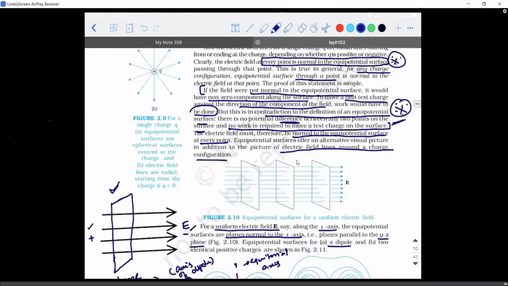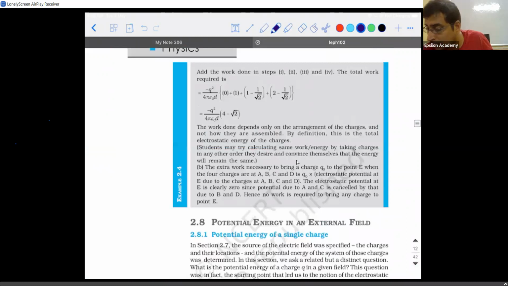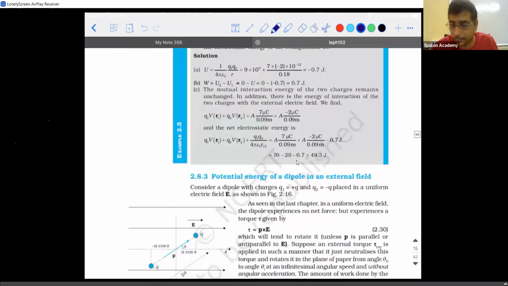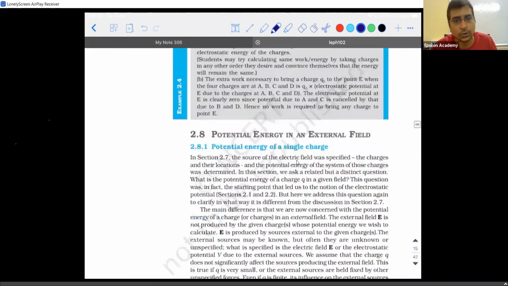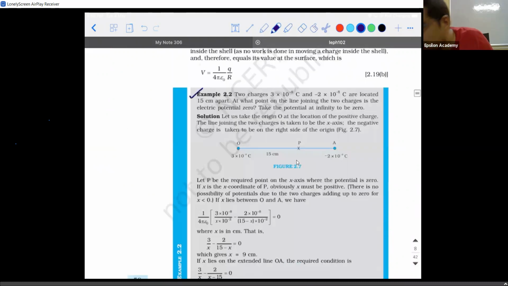Next class, we will be discussing capacitors. Wait, the class is not yet over. We'll go to the device directly, but before winding up the session, we will do this problem also.